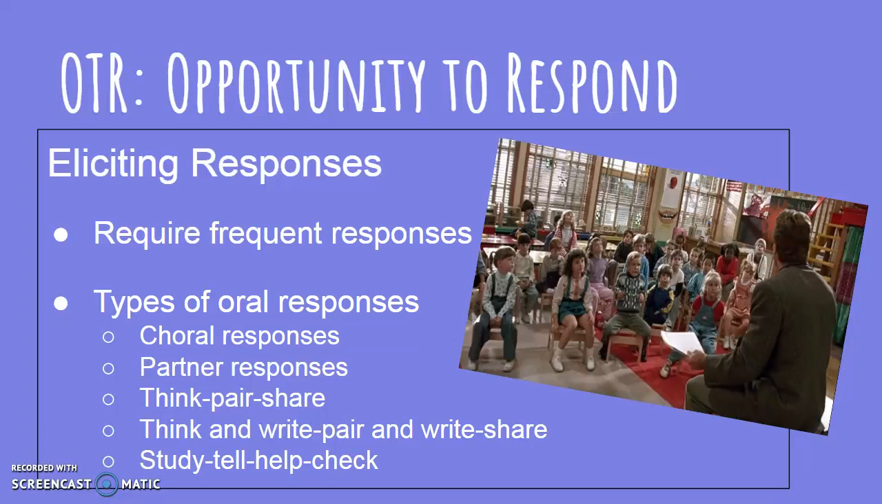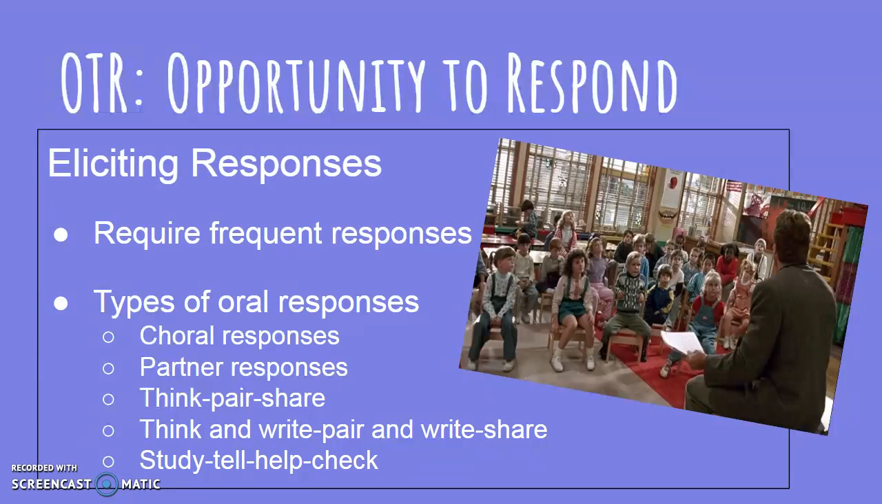The next OTR is eliciting responses. By eliciting frequent responses, you can keep your students engaged. Engaged students are less likely to misbehave. Giving students varied ways to respond keeps them interested. Types of oral responses are choral responses, partner responses, think, pair, share, think and write, pair and write, share, and study,